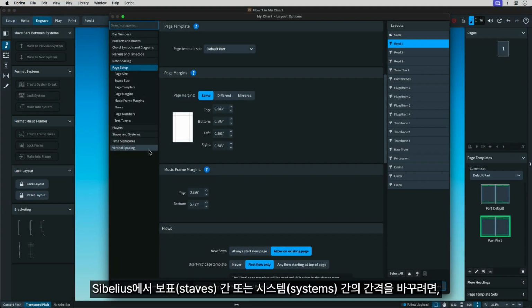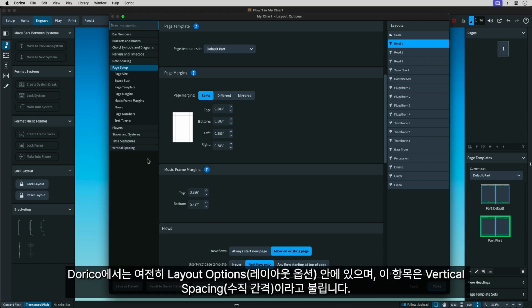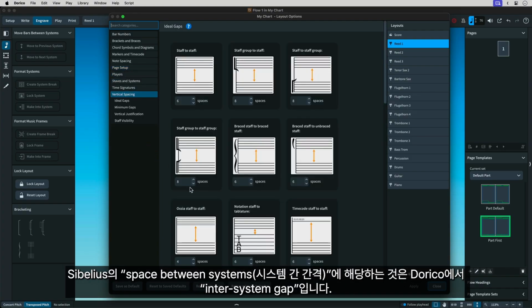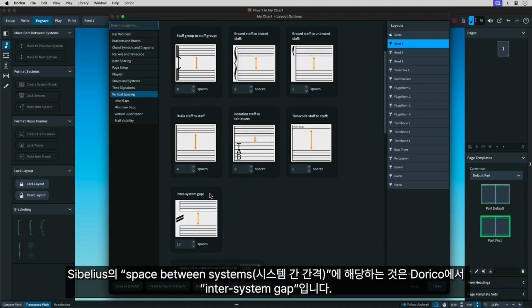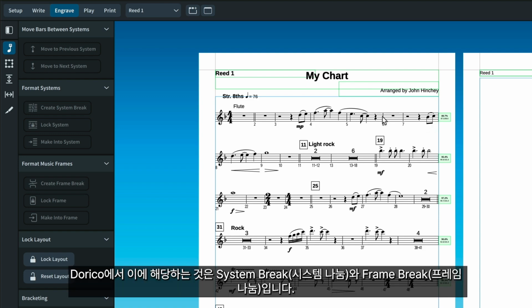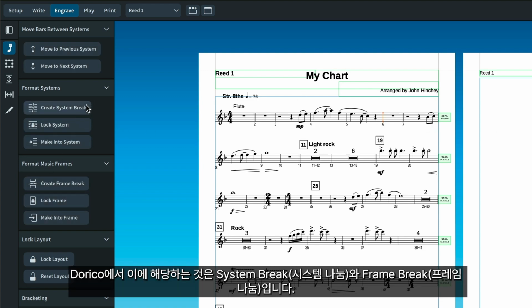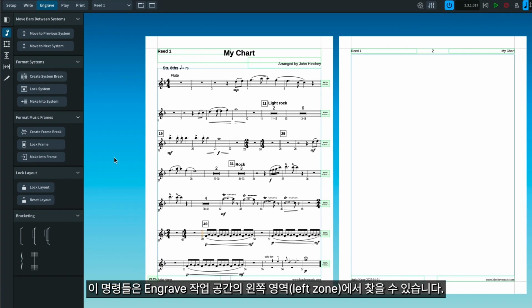To change the spacing between staves and systems in Sibelius, it's under Engraving Rules, Staves. In Dorico, it's still in Layout Options, and it's called Vertical Spacing. The equivalent of Sibelius space between systems is intersystem gap. Sibelius has manual system and page break commands. The Dorico equivalent is system and frame breaks. Those commands can be found in the left zone